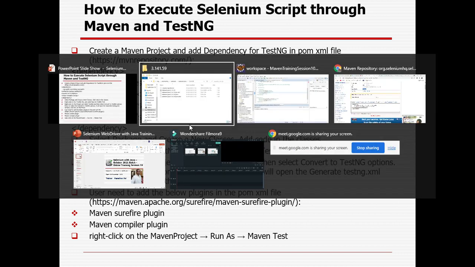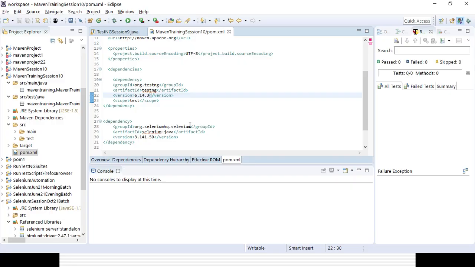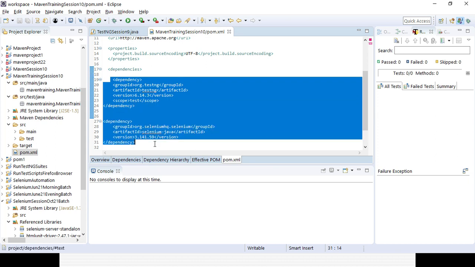Now I have already created the Maven project here, and I have already added the two basic dependencies, TestNG and Selenium Java.